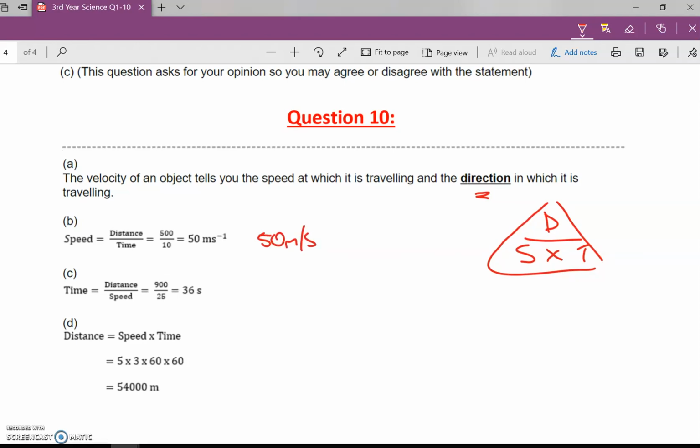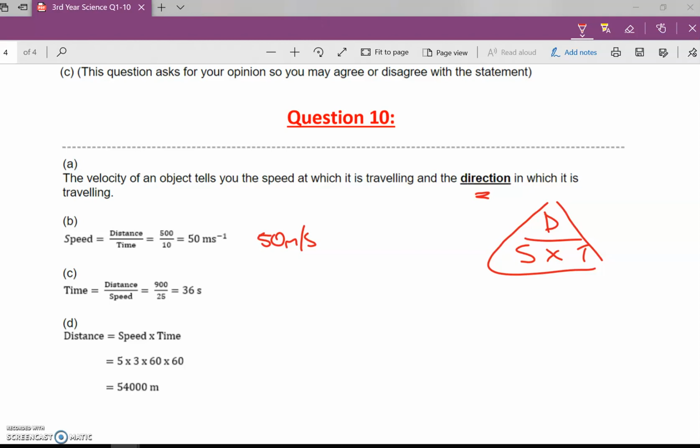Part C then. They're asking for time. So if they want time, it's distance divided by speed. So it's 900 divided by 25. So 36 seconds. And lastly then, calculate the distance traveled by a person running at 5 meters per second for